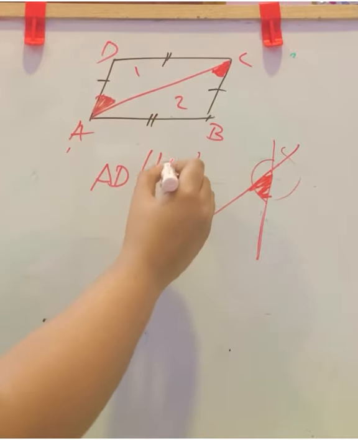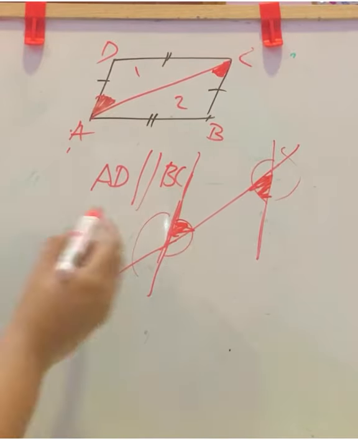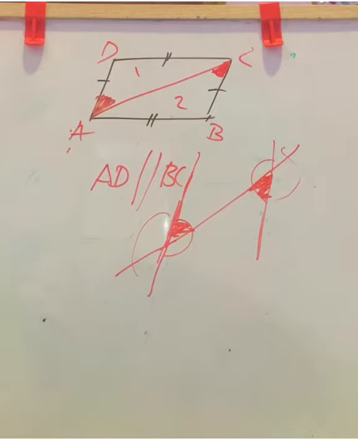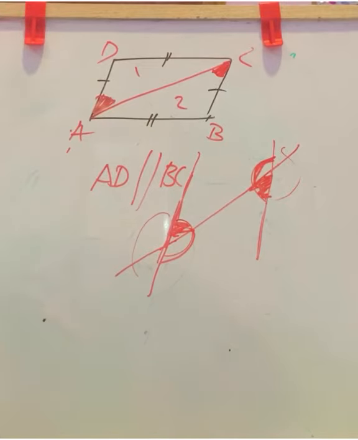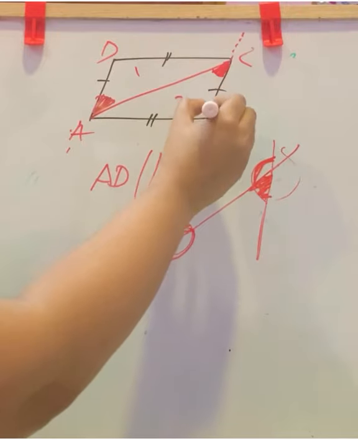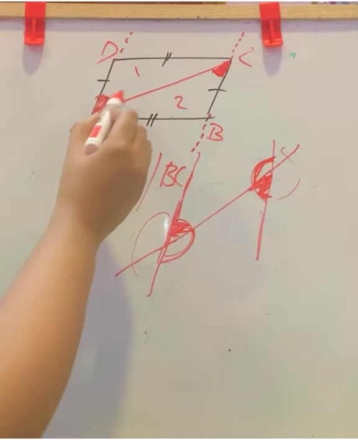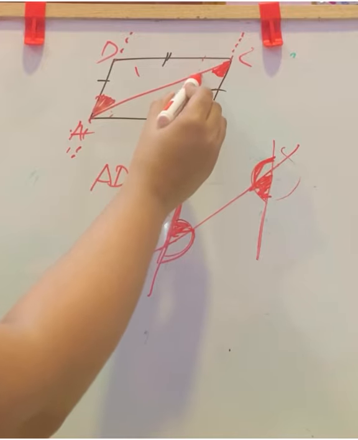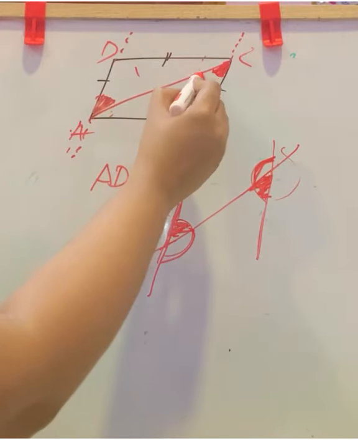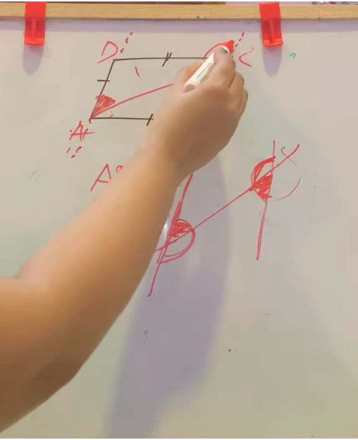is parallel to BC. Considering it, we can see AC is a transversal falling on it, and we know these are the alternate interior angles. Here we can see another pair of alternate interior angles, but you can't consider it here. You know what is the reason? If you extend these parallel lines, here these are the alternate interior angles. This side also we can form alternate interior angles, but here it is not taking the whole angle. Here till this we have inside the parallelogram, but alternate interior angle means this much.